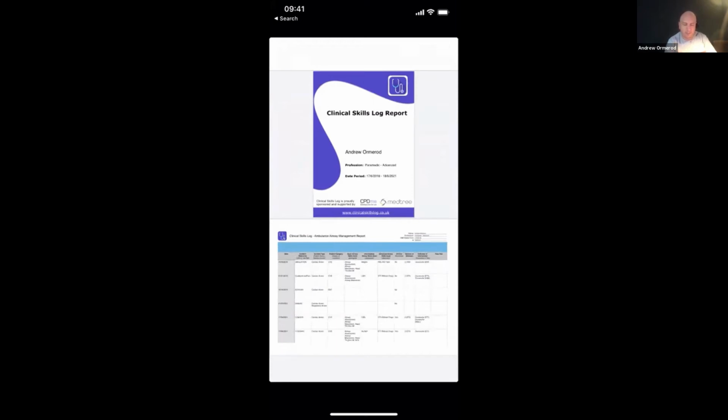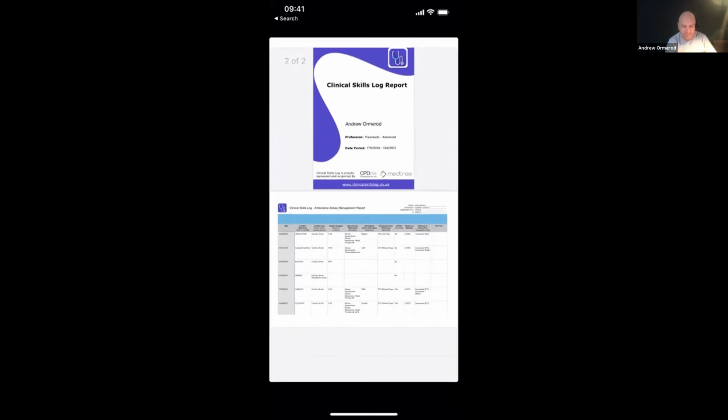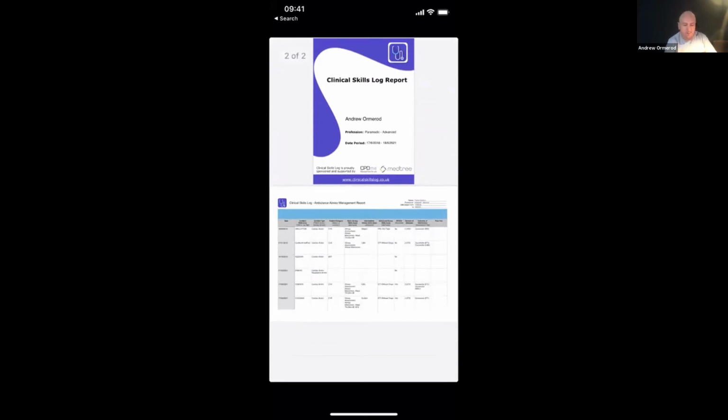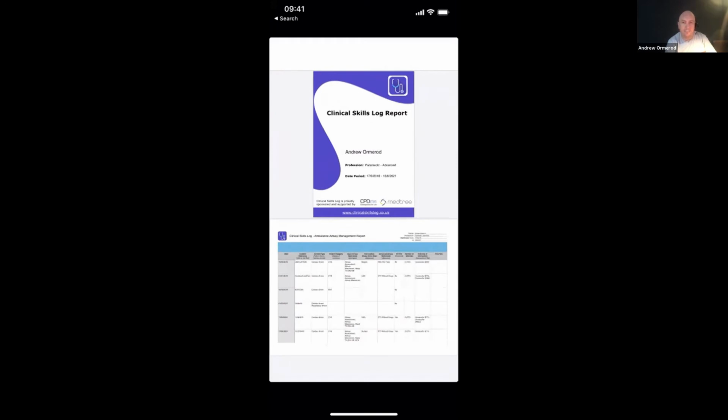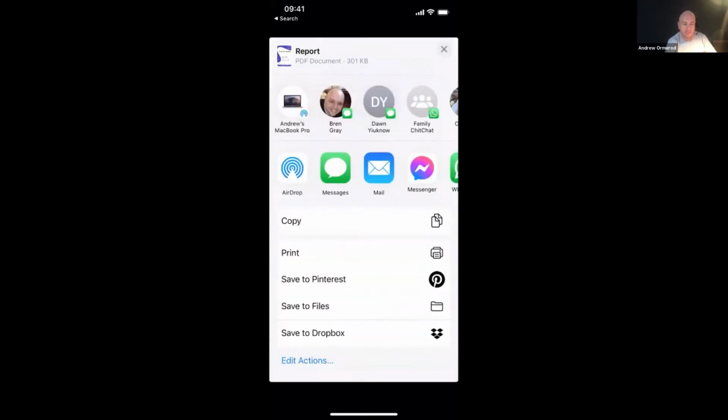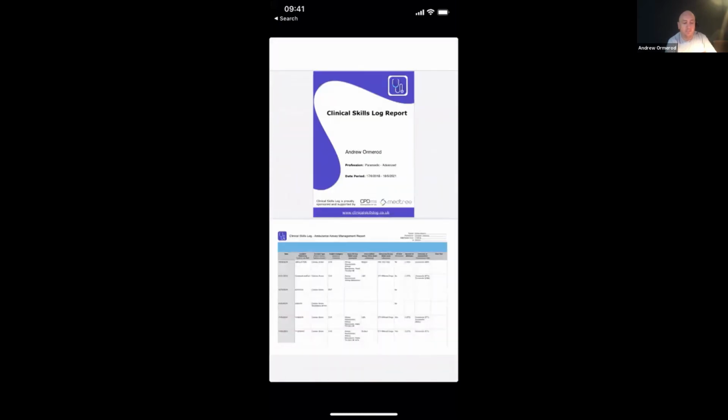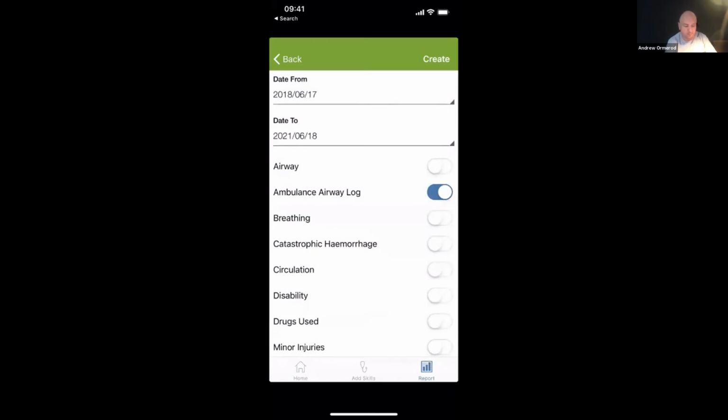But you can't see very well on a mobile phone. And also what I will tell you at this point is there is a very slight little glitch since the iOS update, which means it almost looks like you can't do anything with it. But if you actually touch the top right-hand side of the white screen, you can see there that it then gives you the option to print it off or do something. So the button's hidden, and obviously we'll fix that once we do the update, but it's at the top right of the screen. And to go back, you just simply click the top left of the screen and then go